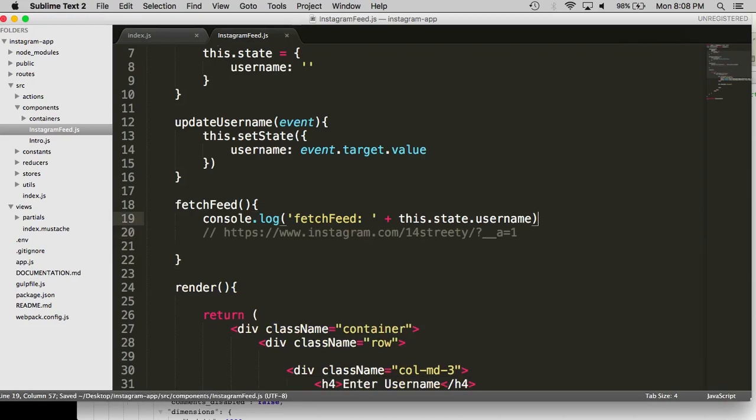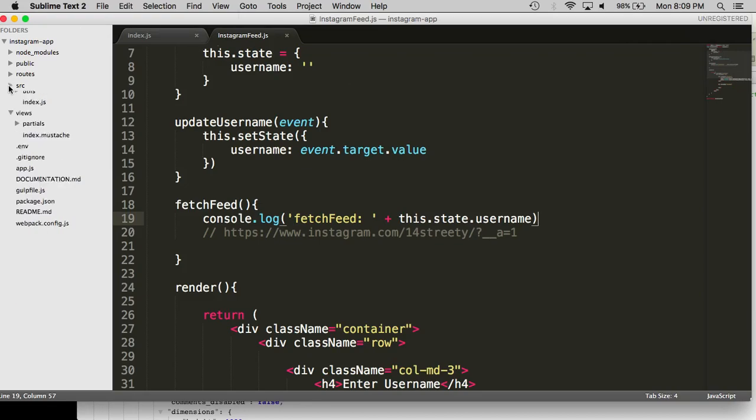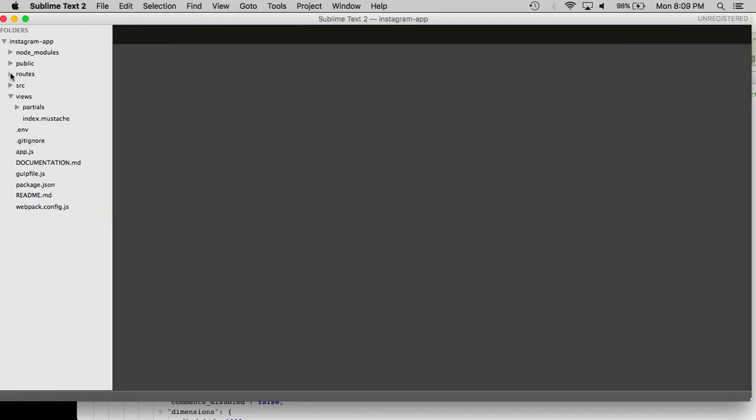What would be nice is if we can make an API request directly from this component to the Instagram service. However, that will not work because of what's called cross-origin request restrictions. So we're going to have to set up our own backend to make the request on our behalf and then return it to our client side. So luckily, this project is already prepared to do that. So if you go to this routes folder, right now we're going to swing over to the back end and create a very simple route, a route to make API requests. Okay, so